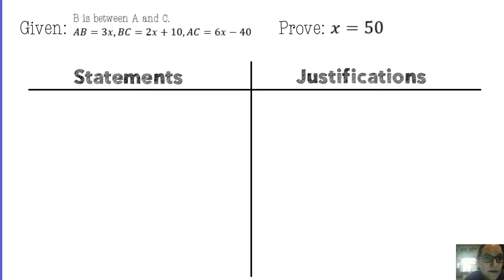So in this proof, notice it says B is between A and C. That makes me think that I'm going to need to draw a picture because this has to do with segments. So first thing I'm going to do though is copy my given